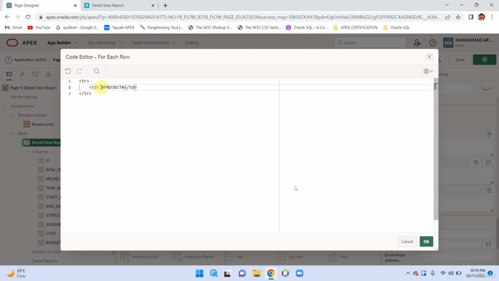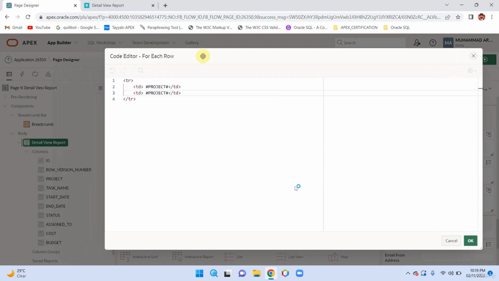Okay, so then we have the next column. In the next column I want to show the task name. So similarly, copy and paste this here, and this time I want to show the column task name. So type task name. Okay, so in the next row,